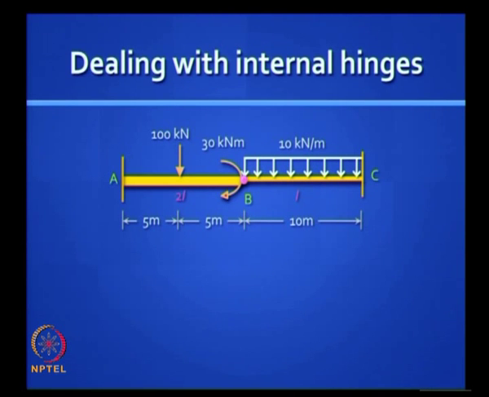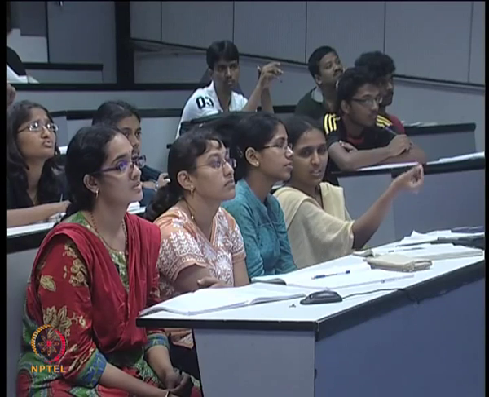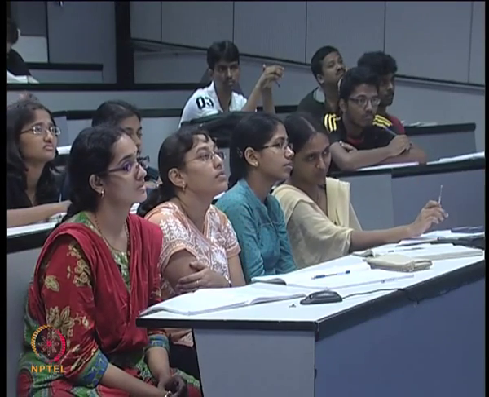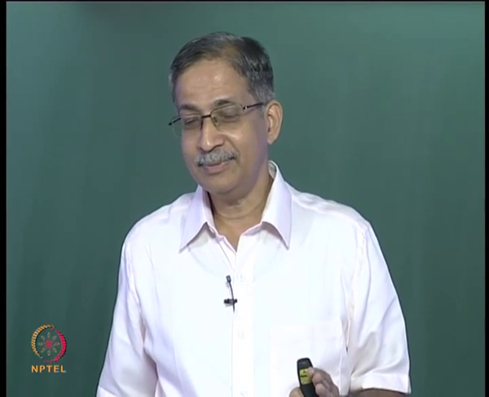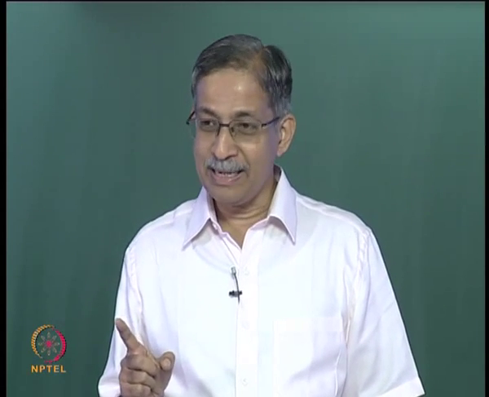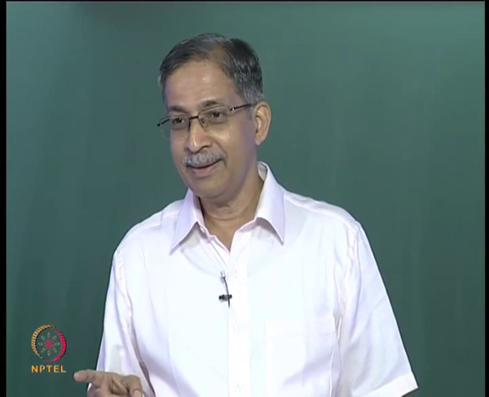There is movement along vertical direction. How many active degrees of freedom did you have without that hinge? We did this problem yesterday. You had 2. At B you had a translation and a rotation. Now what's the difficulty you encounter with those? Theta is not same at B. Theta is not continuous. When we had 1 and 2, D1 was the vertical deflection at B, D2 was the anti-clockwise rotation at B. Now D2 is a problem. Why? Because D2 to the left of B and D2 to the right of B are different.